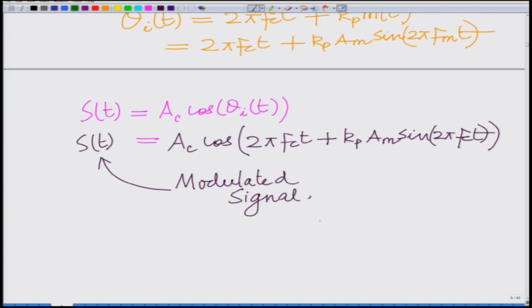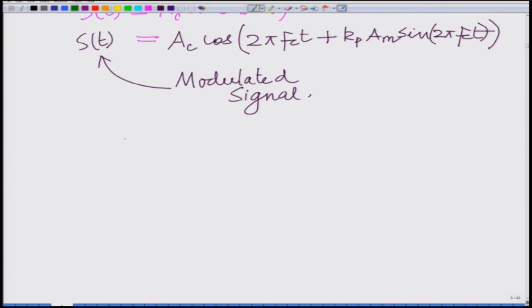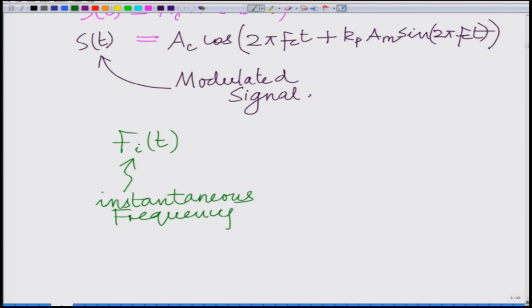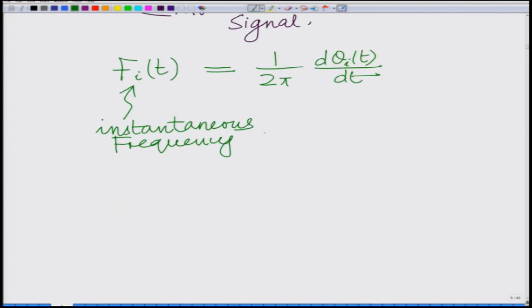Now, we have theta i(t). The instantaneous frequency f_i(t), remember f_i(t) is your instantaneous frequency, is given as 1 by 2 pi d theta i(t) by dt, which is basically equal to